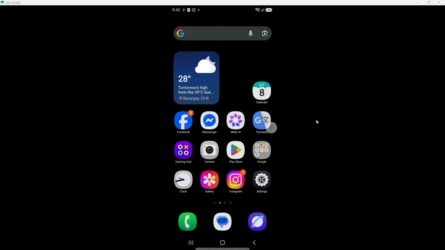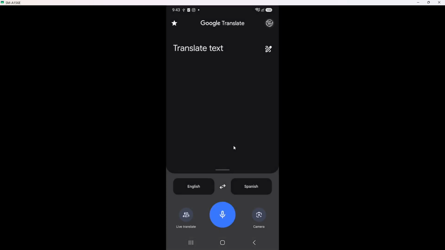Now open Google Translate on your device. When the app loads, you should see two language boxes at the top and a large empty space below for typing. If you do not see a keyboard yet, that is fine. It will appear once you start entering text. At the bottom, there are other options like camera and conversation, but we will stay on the text screen for now. Once the app is open, tap the language on the left.